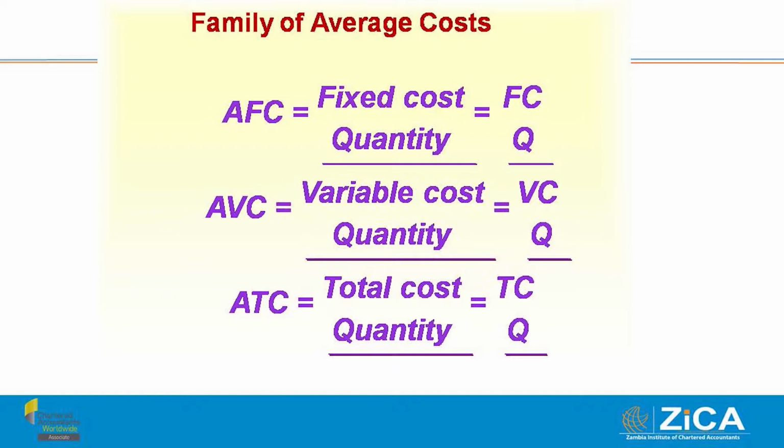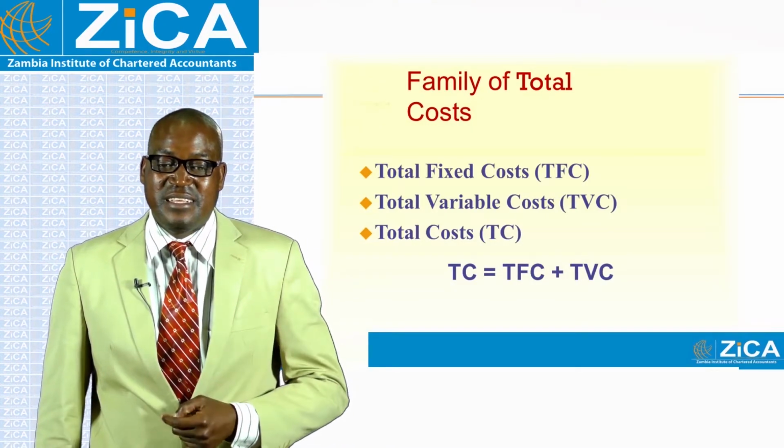And I must mention here that the proper way of answering a question on cost of production must always take the form of a table. A table like this one is what we expect students to provide when answering a question like this one. There are times where candidates would work the question using 4 pages, 5 pages, which is not supposed to be the case. All that is required is to put up a table and fill in the columns,